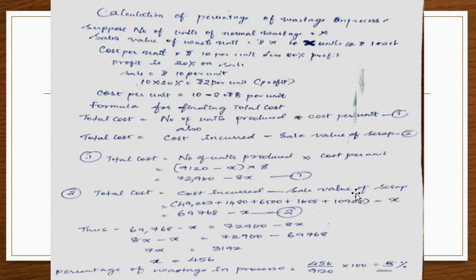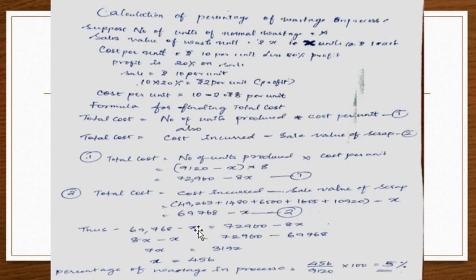You know the sale value, the normal loss per unit value, which is 1. The selling price of scrap for process C is 1 per unit. You can consider it as 1x, or you can consider it as x. So 1 is the cost per unit, the number of units is not known, so it is x, which can be considered as 1x. So you have got the two equations. In both equations you need to know the number of units value.